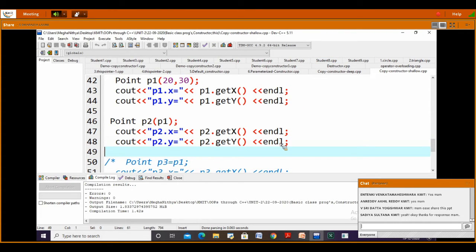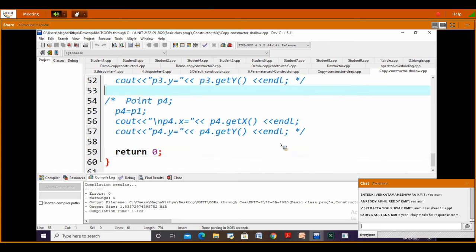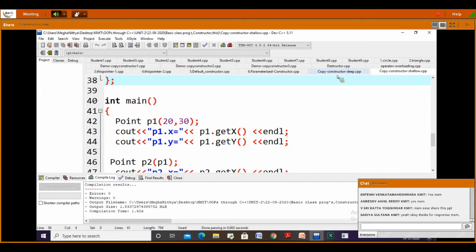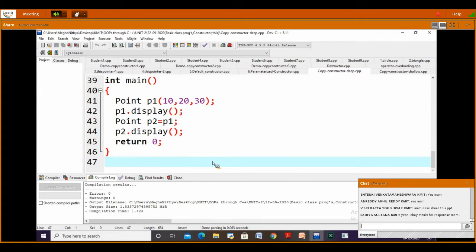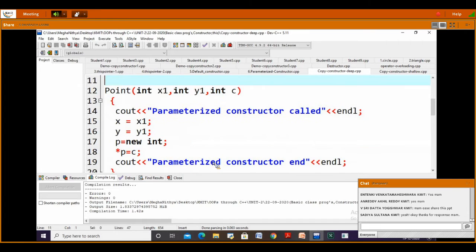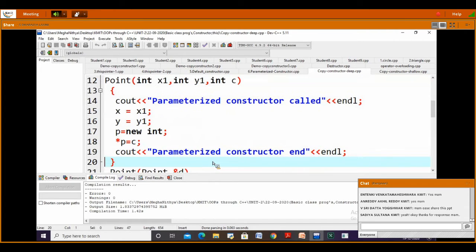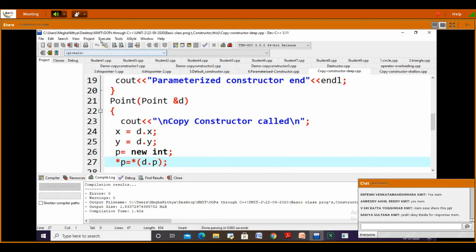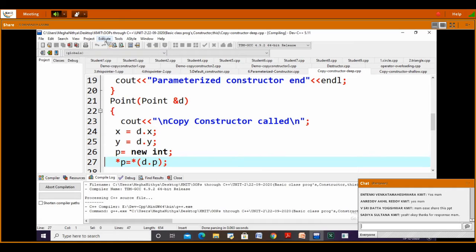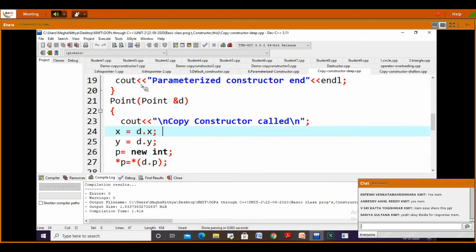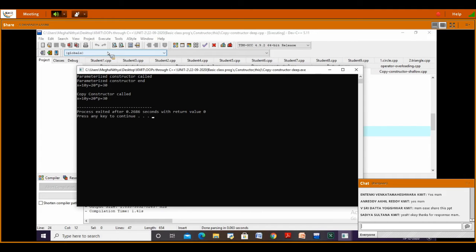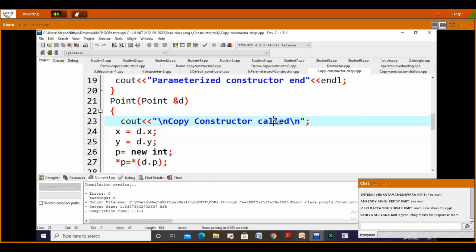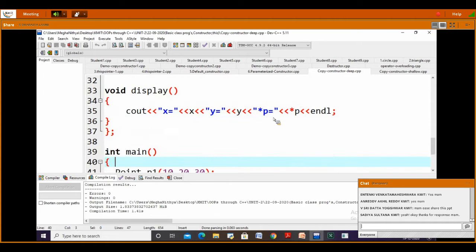Coming to the next one, same program, slight change in this one. When I make changes to this object, it affects the other object also.